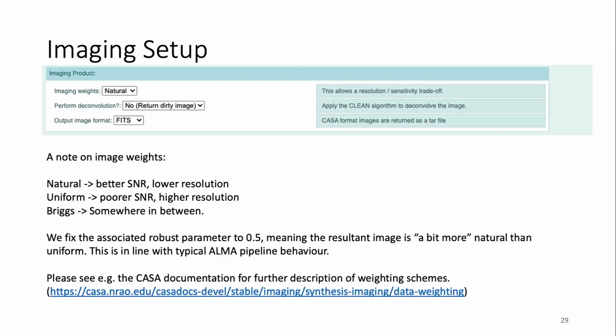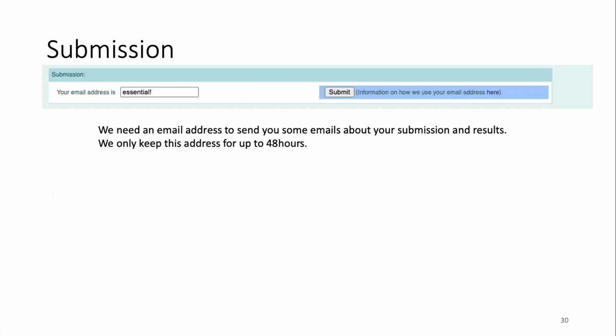If you select the CASA image, then because CASA images are a directory structure, it just creates a tar file and sends you that. And last but not least, we need an email address from you so we can first let you know that your submission has been sent to the queue successfully, and then either let you know if something's gone wrong or let you know that your simulation has failed. We keep this for up to 48 hours, as I said earlier,